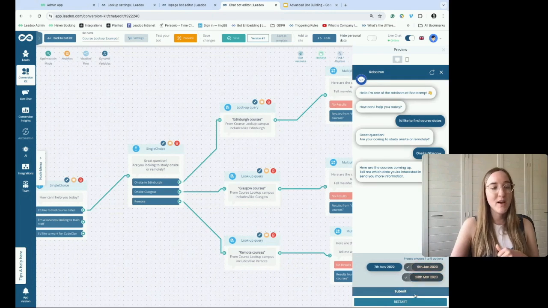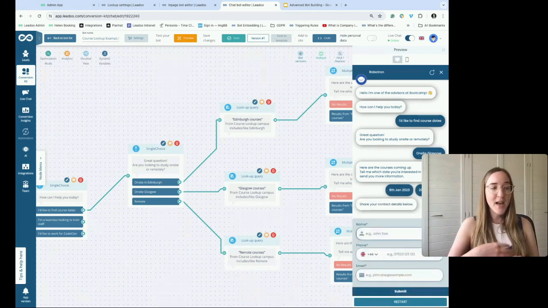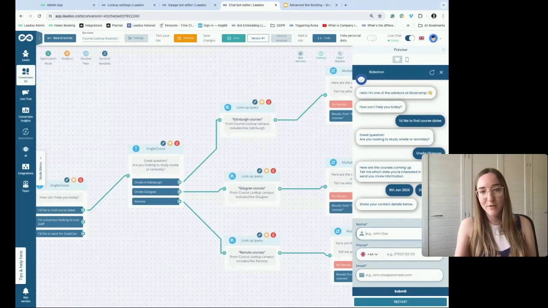So this way I could say, right, these are the dates I'm interested in. Then we would capture the contact details and the advisor could send them more information about those dates, whether it's costs, whether it's how many places are left. So you've already captured really valuable information, but given value to the customer at the same time, being able to